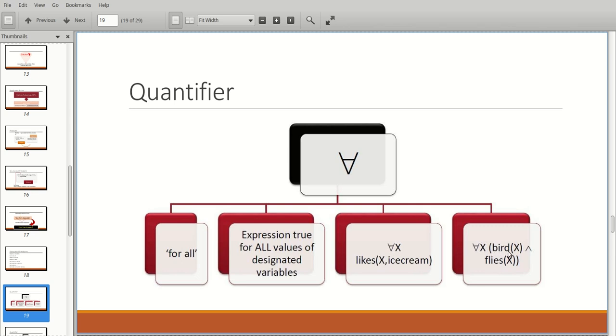Or for example here, bird(x) and fly(x): all birds, that is all objects x, fly. So you can use this quantifier to represent for all.